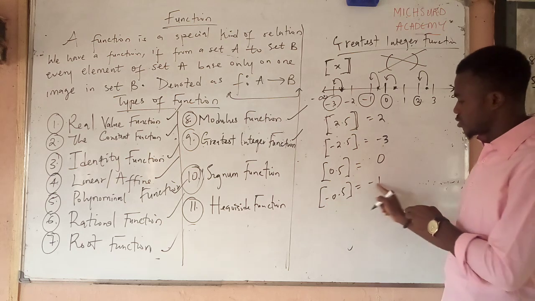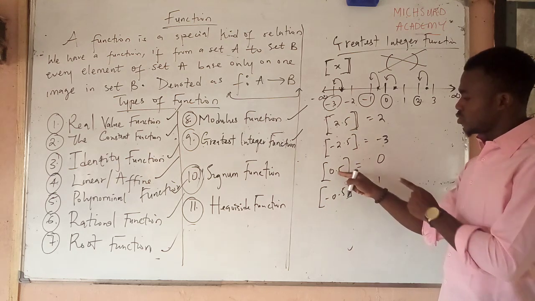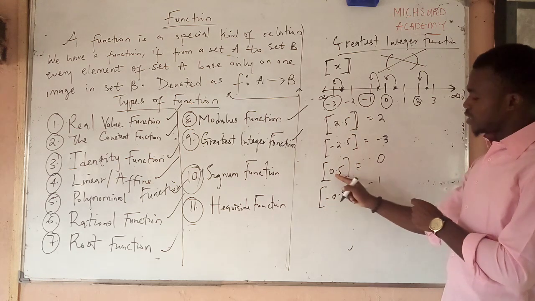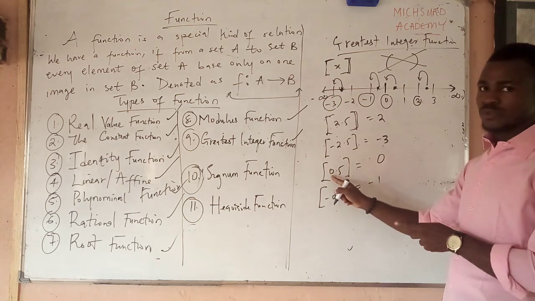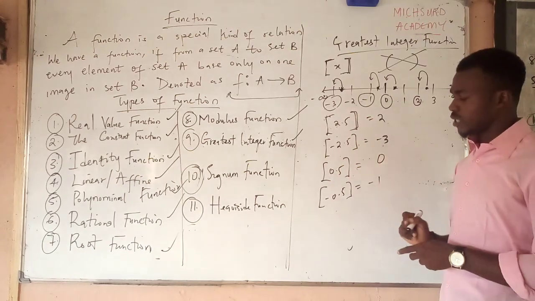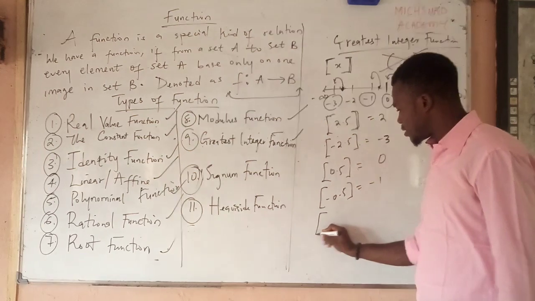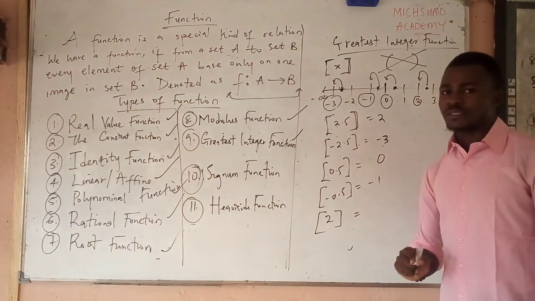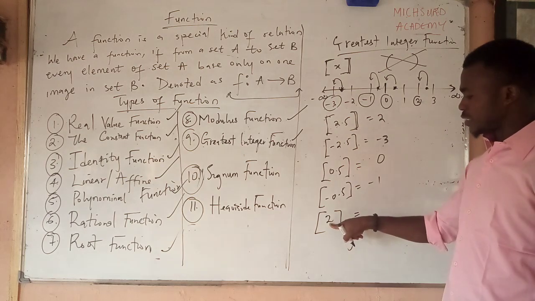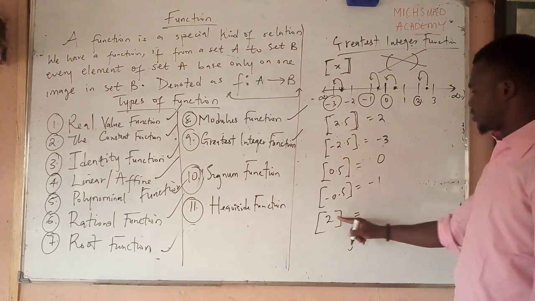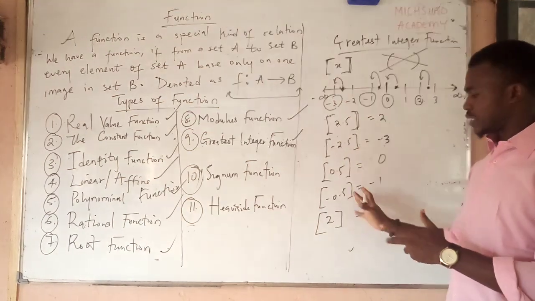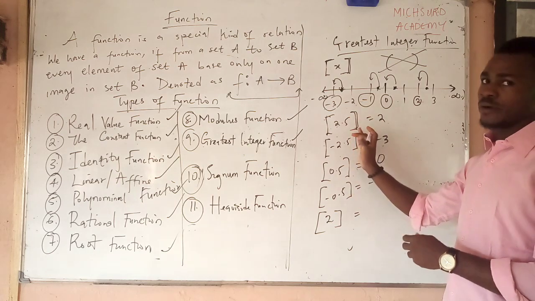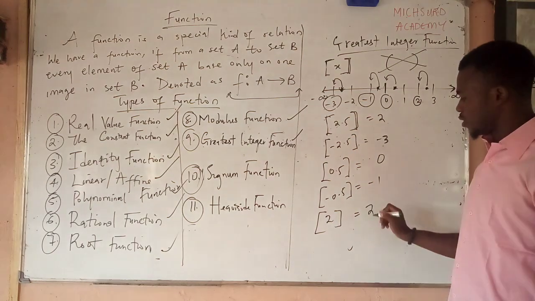So we have minus 1. Here also is 0.5, and it's a positive number, so we just take the 0 and we get 0. Now how about the greatest value integer of 2? If we are to get the greatest value integer of 2, you see there's no decimal point like we have in these other ones here. So it will just give us